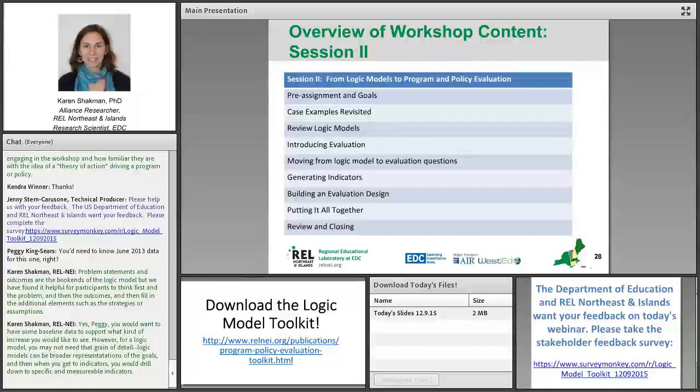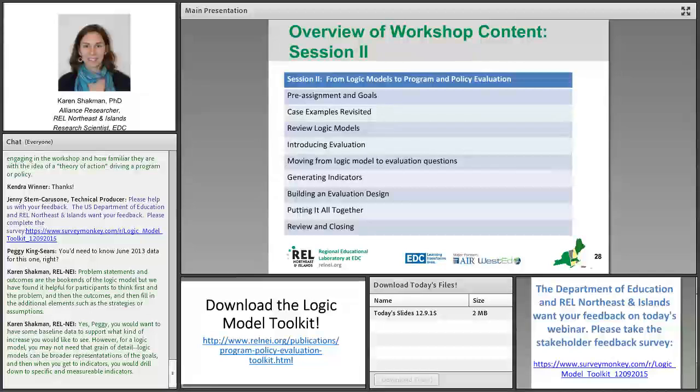This is your tool for you to use as appropriate with the group that you want to deliver the workshop for. So a little bit about how it's designed, session 2 really picks up where we left off with session 1 and starts with a brief review of what logic models are. Again, we have a pre-assignment to guide the work, and particularly if you have the benefit of being able to deliver the first workshop on logic models and then the second one that uses logic models for program